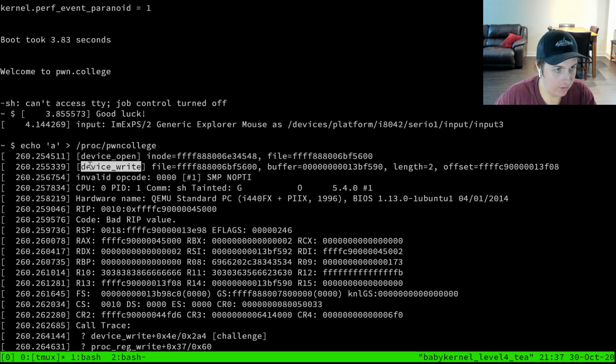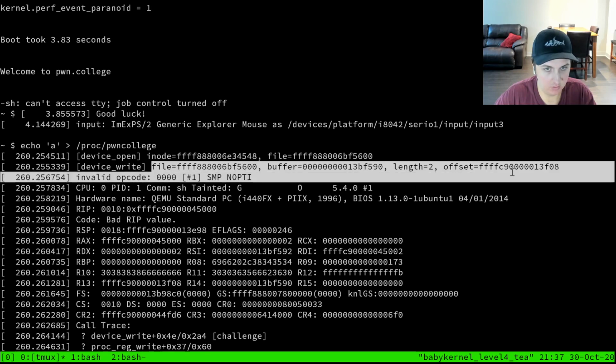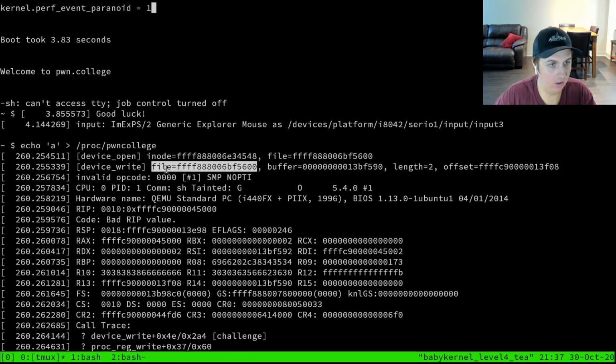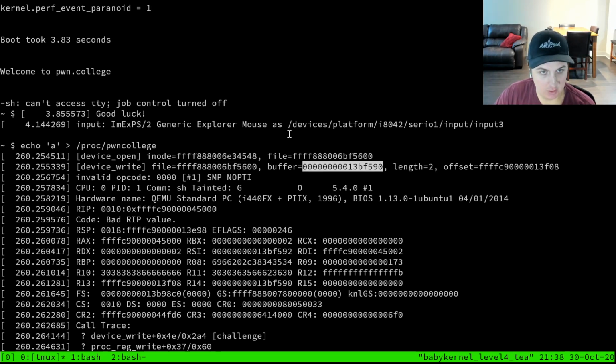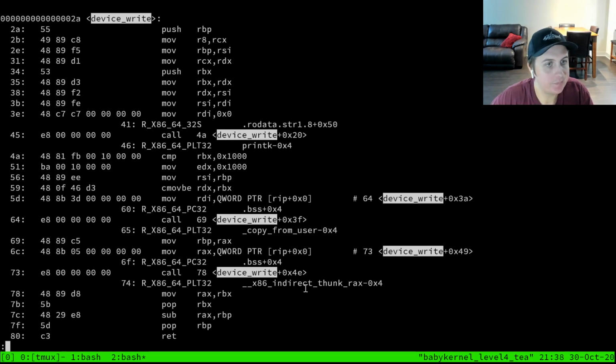So we can see that device write, this is in the walkthrough mode, it's printing everything out to you. I guess it's not an inode, it's just a file struct inside the kernel here. We can see that this first parameter, which would be RDI, is this kernel address. And then the second one looks like it's a user space address, which is the buffer. So when we were looking in objdump, we can see that that second parameter RSI gets moved into RBP, and then nothing happens with RBP